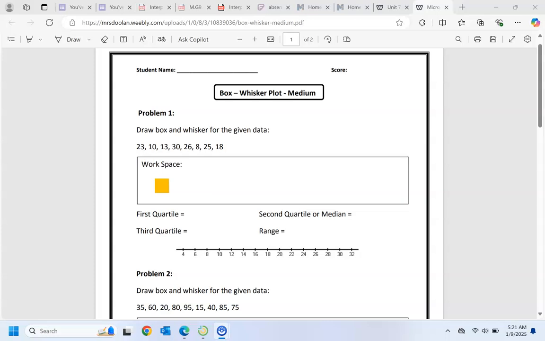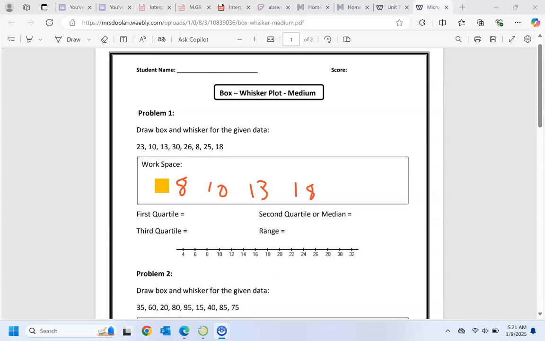So we have 1, 2, 3, 4, 5, 6, 7, 8. So, alright, so my first number is 8. Let's see. How does that look? Okay, that doesn't look right. Okay, so we'll just write it out like this. So we got 8, 10, 13, 18,